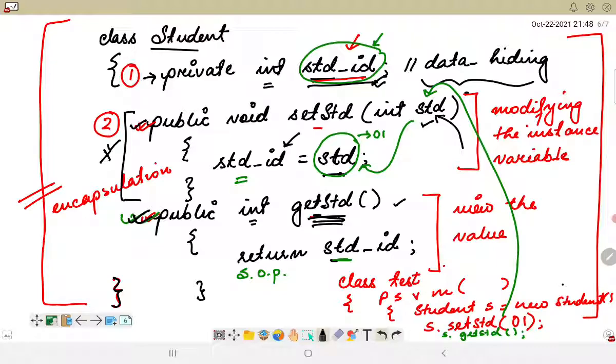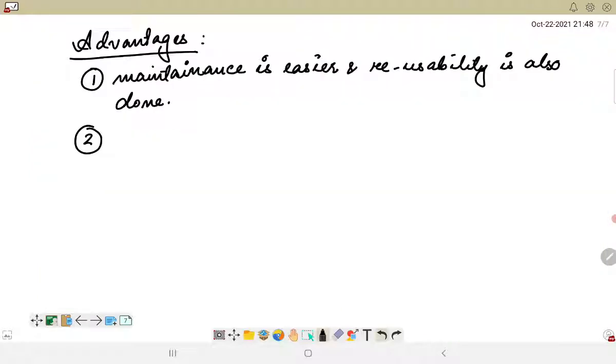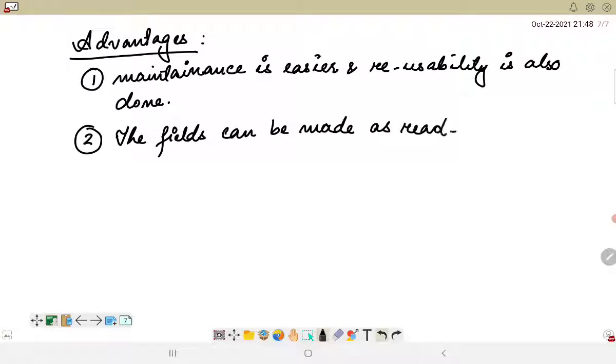So in that case we can easily hide it. Okay, so the fields essentially here means the variables. The fields can be made read only or write only. So this is another advantage.